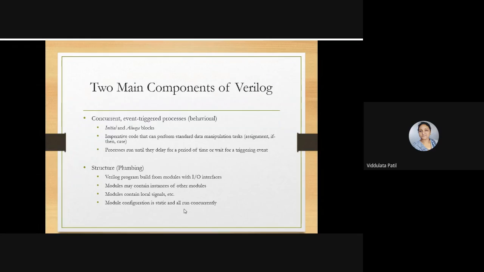So we can have concurrent processes in Verilog. That means that is behavioral type of modeling. These can be executed parallelly. Now here we have two types of blocks. The first block is the initial block that we have not discussed earlier. Initial block means it defines initial states of the